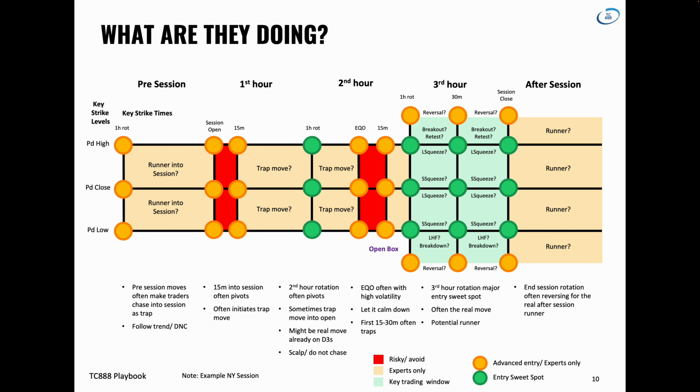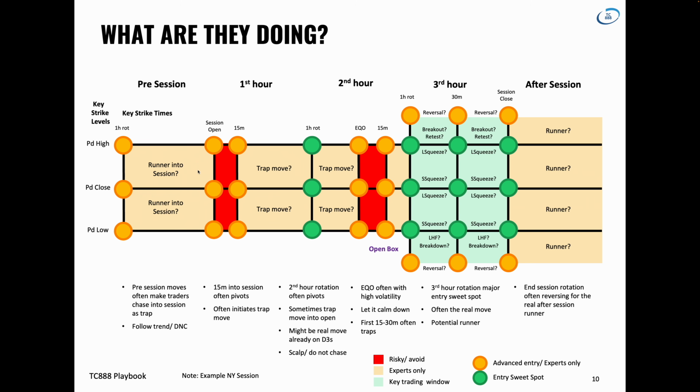So there you find everything. Again, what we just discussed, this is a thing that you really can print out and put on your wall. It really structures the session with all the things that we just discussed. You come into the session, you have your key strike levels, and then you see here the different phases: pre-session, 1st hour, 2nd hour, 3rd hour, after session,